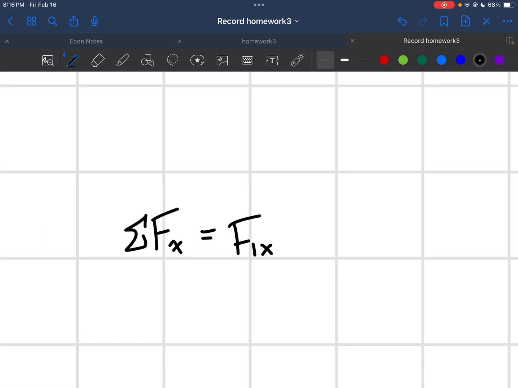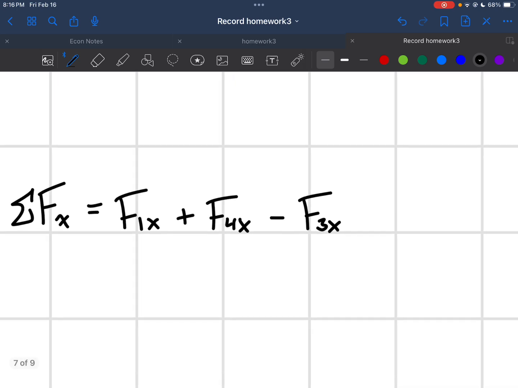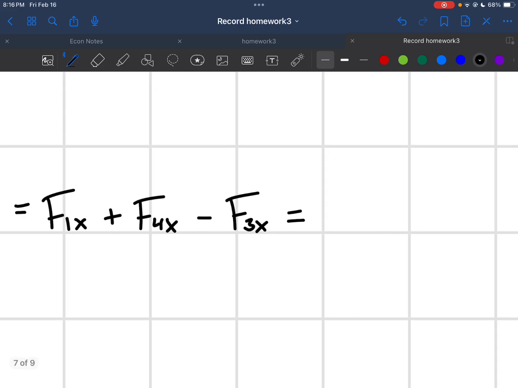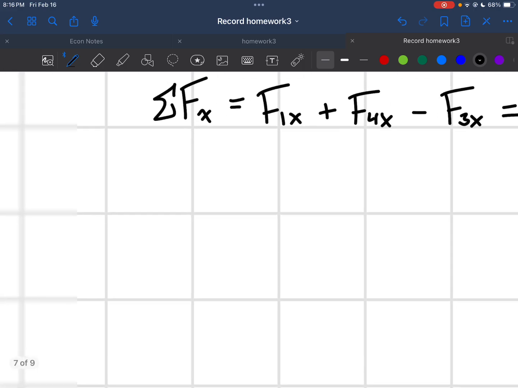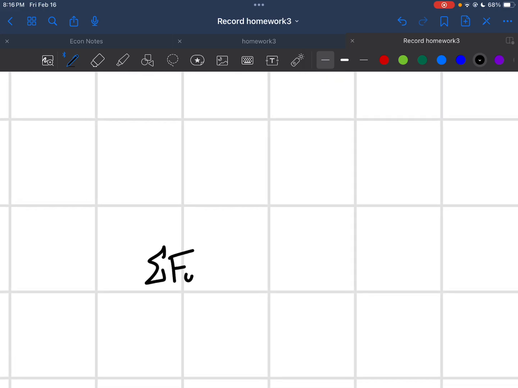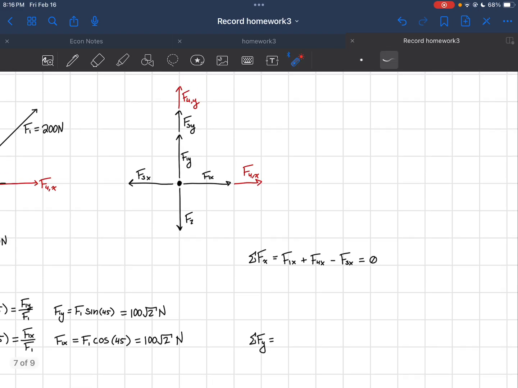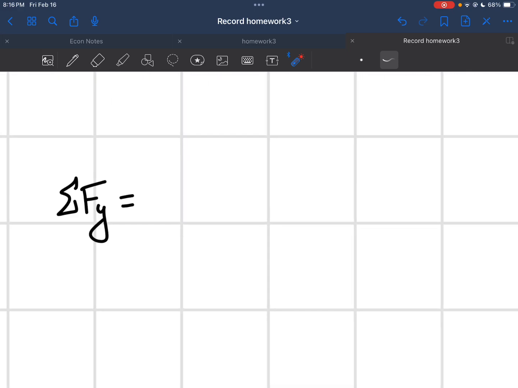So I have F1x plus F4x minus F3x. And again, I want the sled to not be moving, so I'm going to say that equals 0. I can also set up my sum of my forces in the y, and that's going to be, well, I have 1, 3, and 4 acting positive and 2 acting negative. So